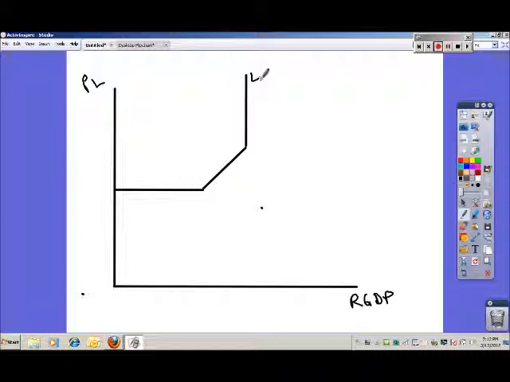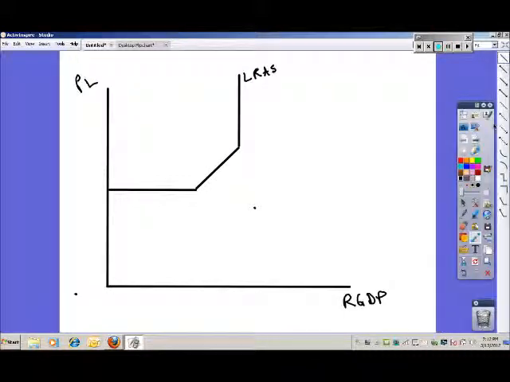So we can label this long-run aggregate supply, but remember, we also are going to need to show the entire long-run aggregate supply, and I'm going to do this with a dotted line to represent the rest of the long-run aggregate supply curve at that point. Remember, in this case, that we also have to show